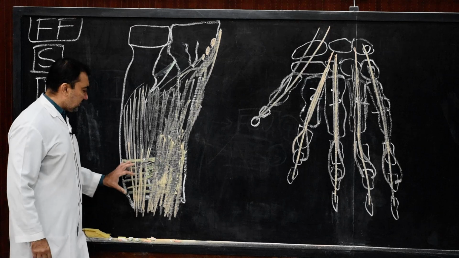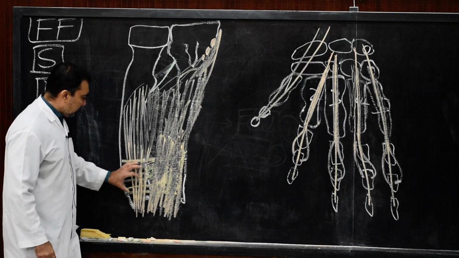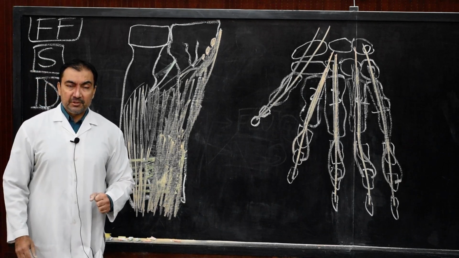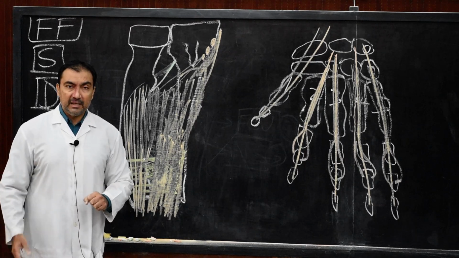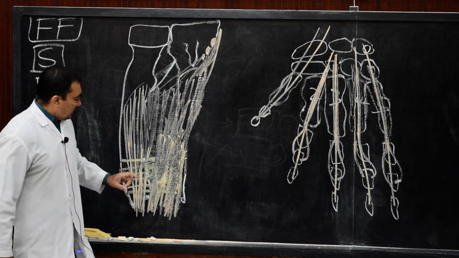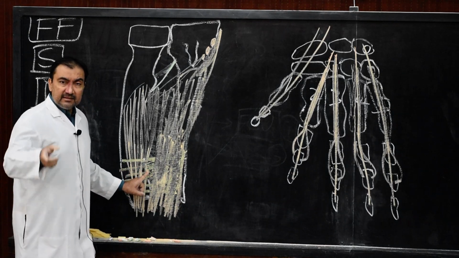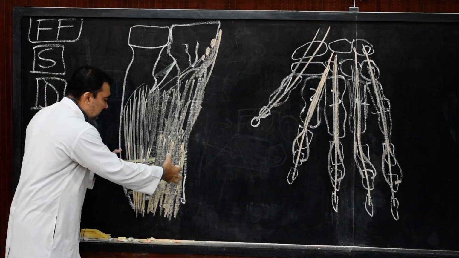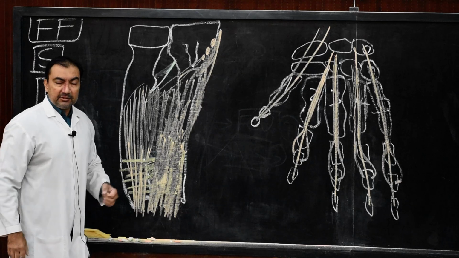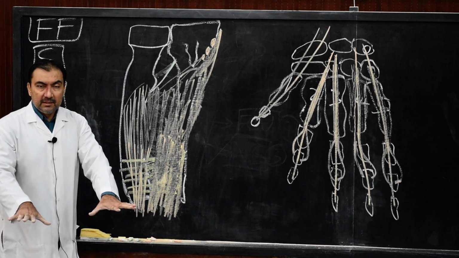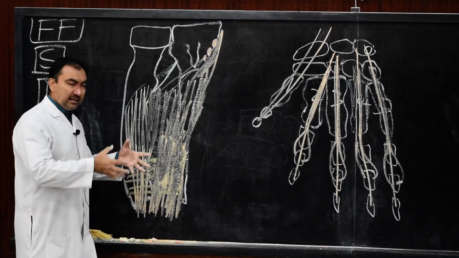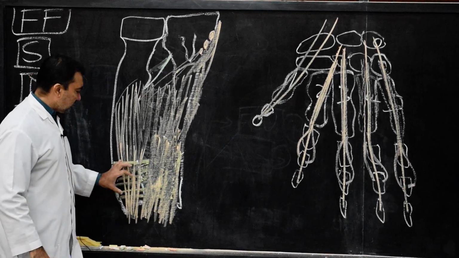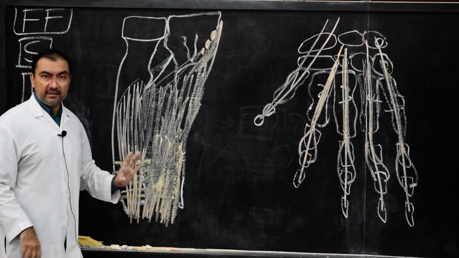And the actions of pronator quadratus are very interesting. The superficial fibers of pronator quadratus will help in pronation of the forearm. So it is a pronator of the forearm. The deep fibers of pronator quadratus will help in binding the lower end of the radius and ulna together. So during a fall on an outstretched hand, the lower ends of the radius and ulna are bound together by the deep fibers of pronator quadratus. Superficial fibers will help in pronation along with pronator teres.